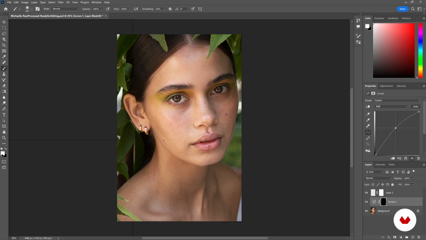And then you have to make sure that you've got white selected over here in the color box. And you can also change the color to white up here in the color tab as well. Once we paint onto the image, you'll see that the curves adjustment that we've made is actually coming up onto a particular part of the image. So you're basically letting the adjustment that we've made with this adjustment layer here, curves, actually show through onto the